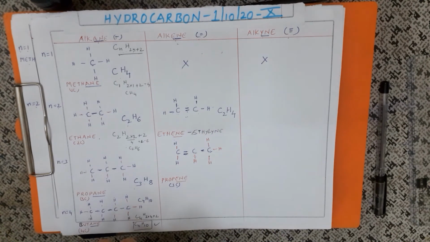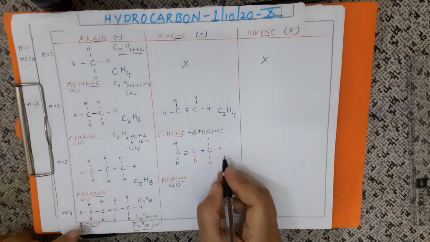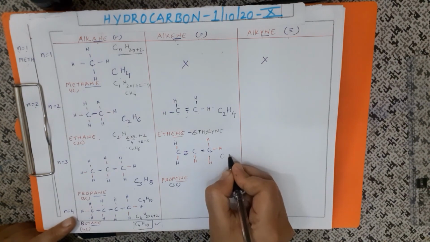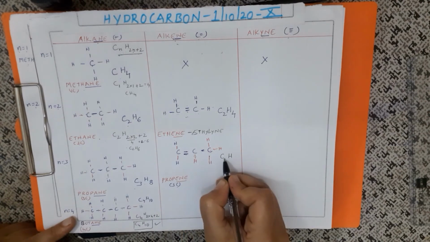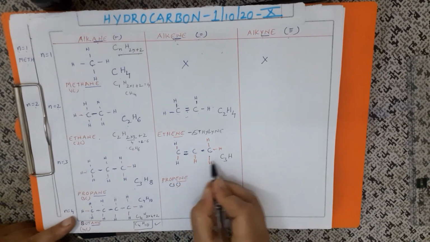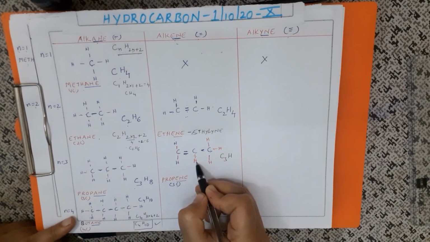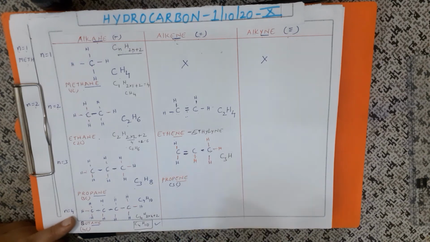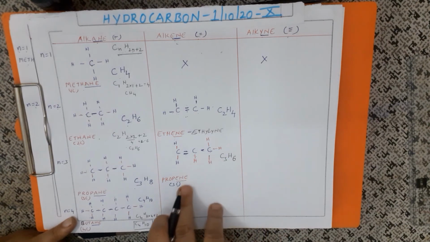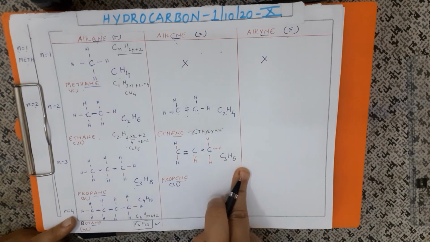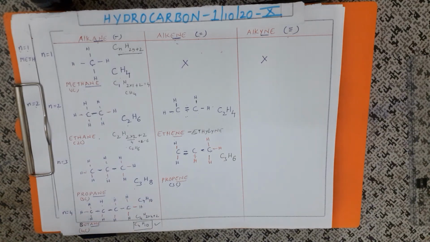Okay, so now let us come back to the formula. So how to write the formula? As I told, the skeleton is C H, the general skeleton. Now how many carbons, children? 3. Let us count the hydrogens: 1, 2, 3, 4, 5, 6. So C3H6. Fine. So this is the formula of whom? Propene. Now let us go to the fourth one, that is